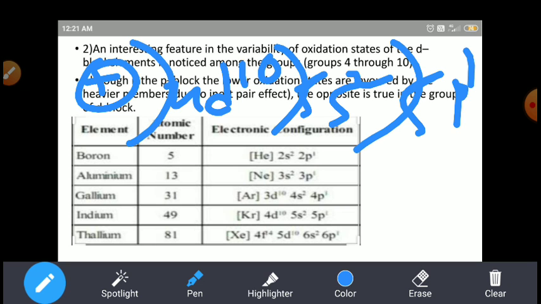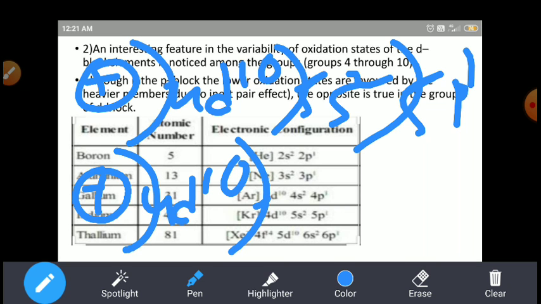5p1. After releasing one electron, the size is reduced, and the 4d electrons are closer to the nucleus, and the 5s electrons are also closer to the nucleus. So tell me, do the 4d electrons screen the 5s electrons or not? No, because the 4d orbitals have a weak screening effect, and they are more diffuse, more spread out. So they do not screen the s orbital.